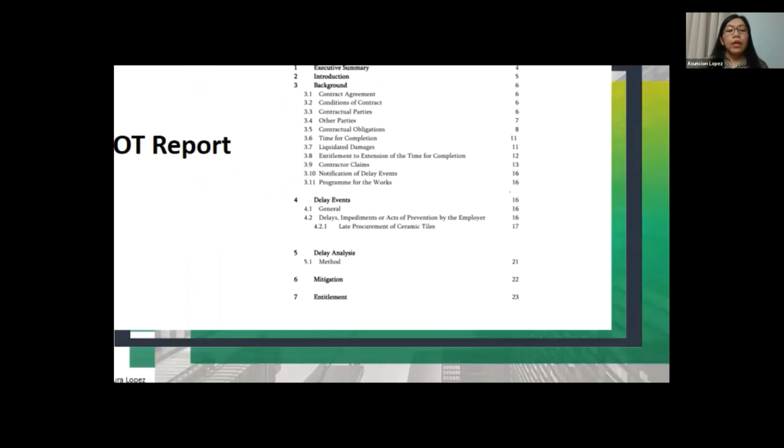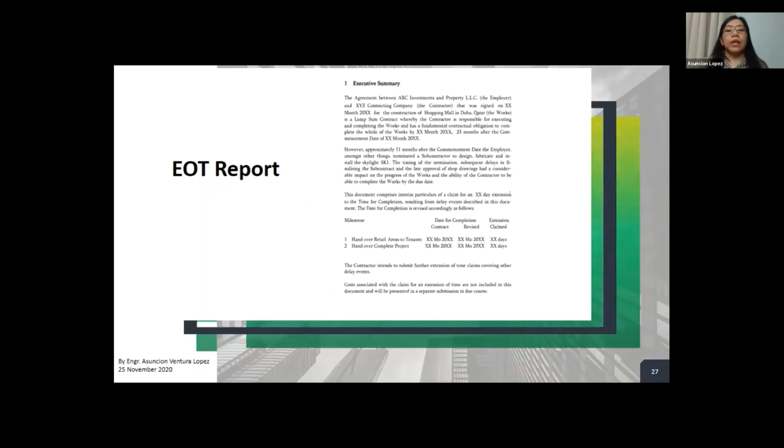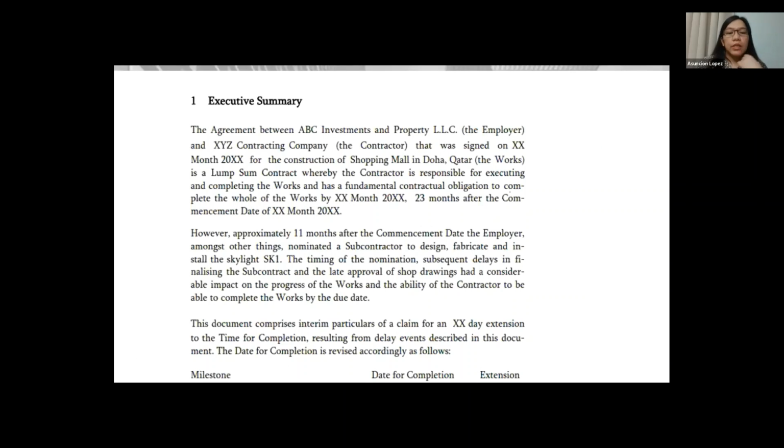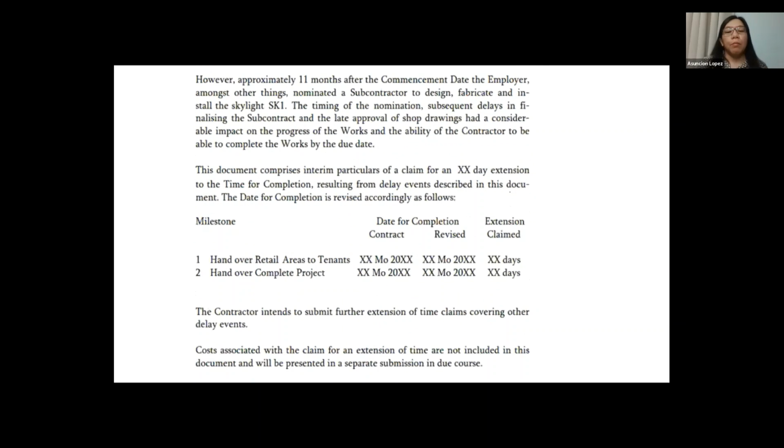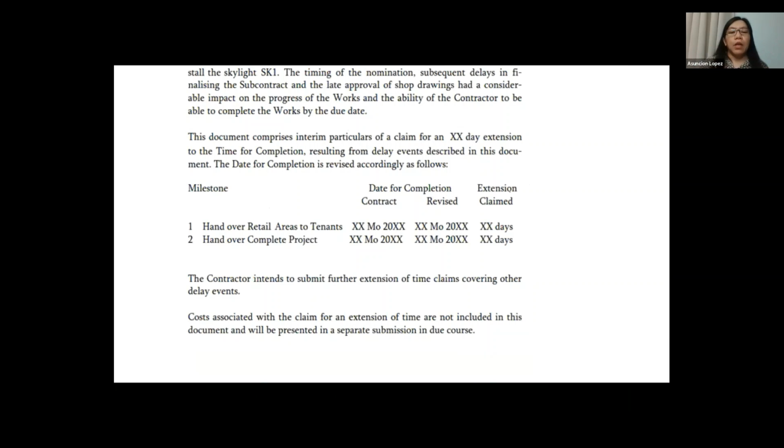Okay. Now, the next slide is just a sample of an executive summary. We will not be discussing this anyway. It's only a format. At least make sure that in your executive summary, you mention all the important details. Because, of course, we know that upper management, when reading your report, if your report is this thick, will not open all of it. The management will only read your one or two pages executive summary. So make sure all the important points are written here in the executive summary.